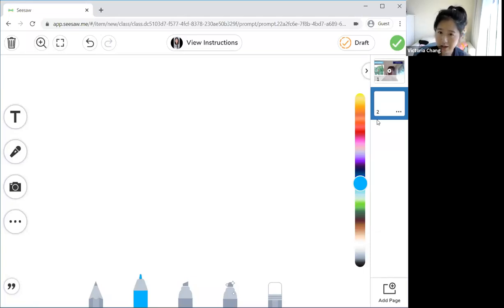Or let's say the assignment I ask you to turn in has multiple pages or parts. You can use add page to make sure that all of your pages are collected together in one single submission. So I click that add page and it'll come up completely blank. And this is good because I want to show off the sketching tools that are at the bottom of the